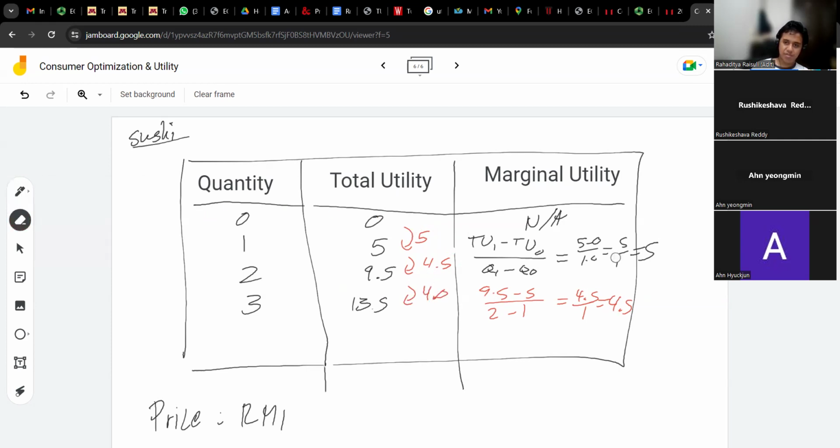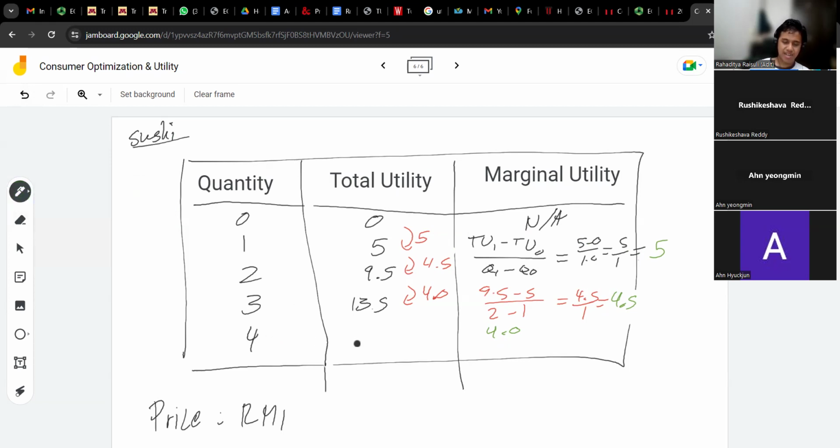So yeah, these values here are what we call marginal utility: the utility for each additional product. So at first it's 5, then maybe 4.5, then in this case it'll be 4.0, and so on and so forth. With each additional bite, you'll notice that your marginal utility starts to decrease until it gets to a point where,